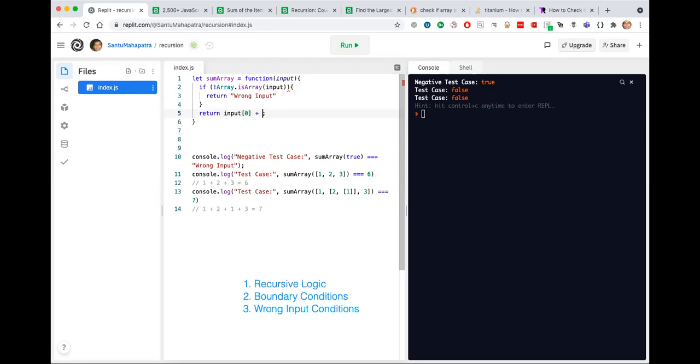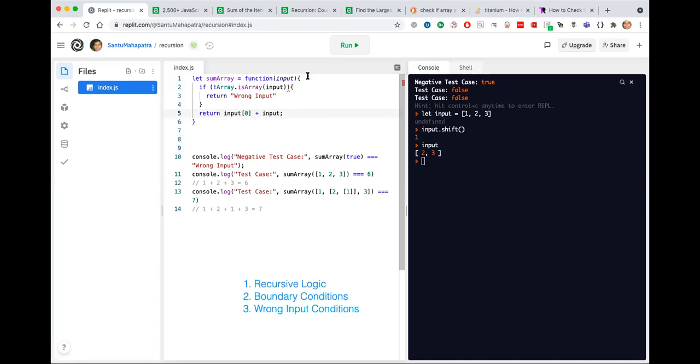plus. So if you take a look at here, I can do input dot shift to get the first element, and input now becomes 2 comma 3, right?